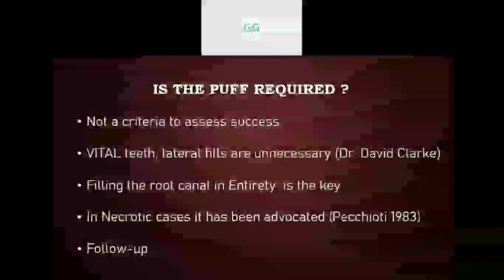So that is why he stated that if an RCT is to be done on the vital teeth, the lateral fills are unnecessary. So we do not aim at filling the lateral canals during the RCT of a